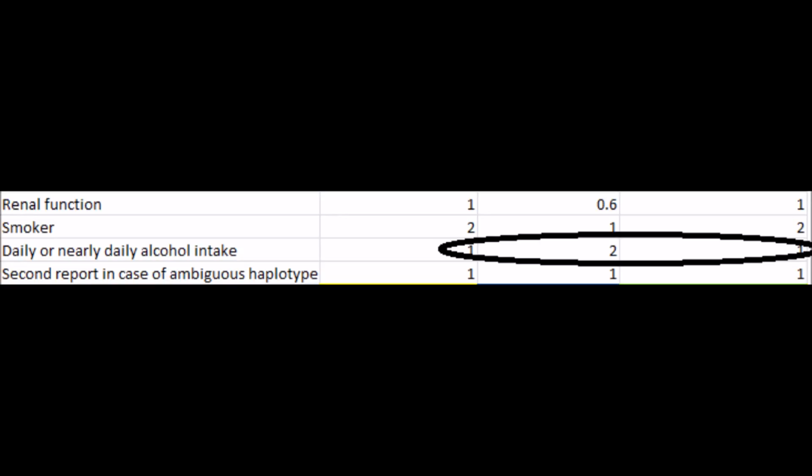Finally, we ask that you always indicate if you require a second report be generated in cases with ambiguous haplotype data. We recommend that you enter a 1 here to indicate you do not want a second report generated in this situation. If you do, enter a 2. Please keep in mind that if you do not request a second report, only the small activity for NAT2 and CYP2D6 will be reported. As noted earlier, we do require that you include the demographic and genotyping information for every